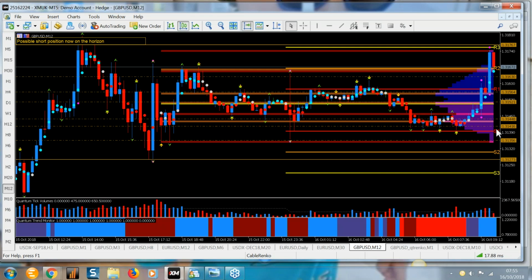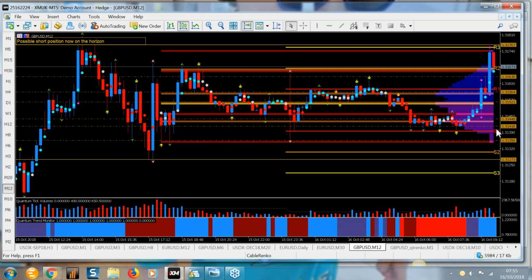So it gives you an indication of how strong a particular support and resistance level is likely to be. And the fact that the cable has hit R3 at roughly 31.75, 76 on the 12-minute chart,